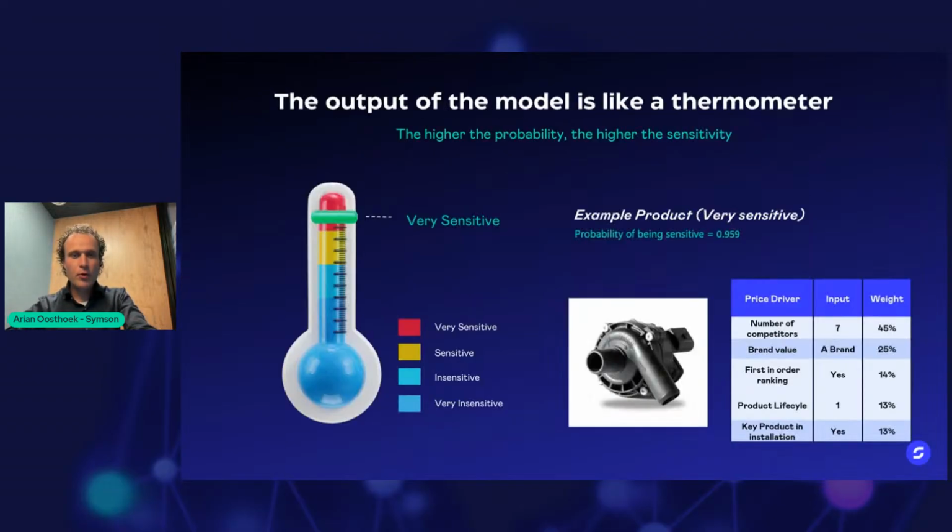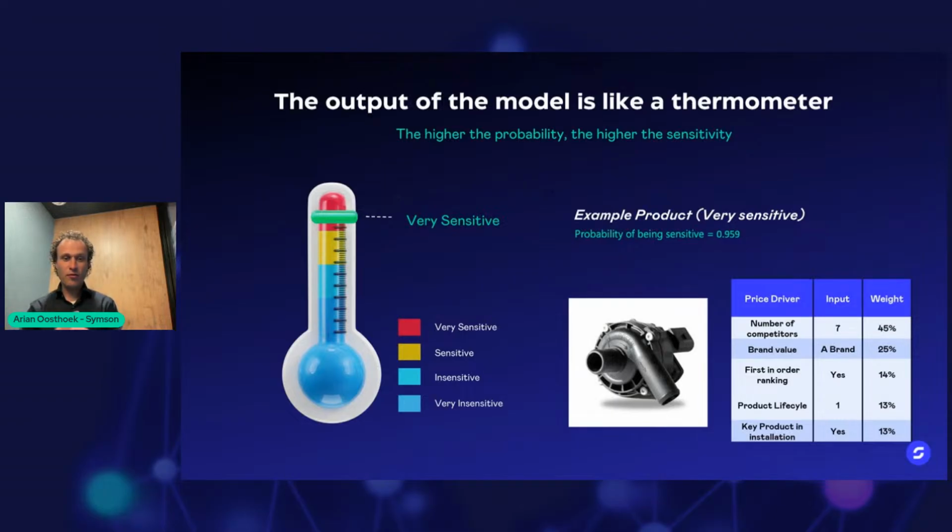To be a little bit more practical, how does it work? You can actually compare the outcome of the model with a kind of thermometer. As you know, the thermometer is for the temperature. So when it's really hot, it's red. It's in the upper part of the thermometer, and the same goes for the price sensitivity model. When it's really sensitive, it gives the highest score, and in this case, the model predicts how sensitive the product